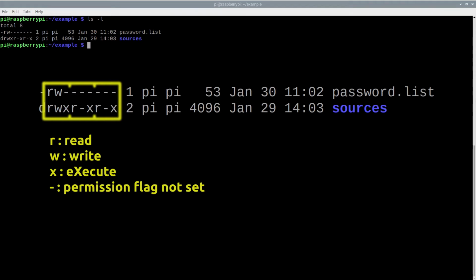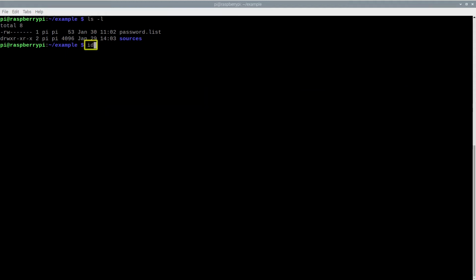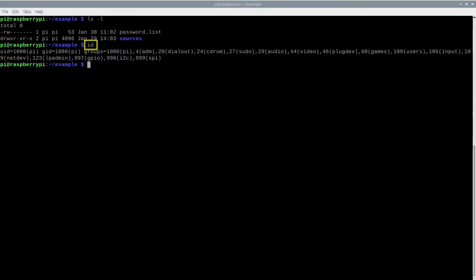The owner of a file controls permissions on that file, and file ownership and group association is established when a file is created. The long ls output shows file ownership and user group association. Column 3 tells us who owns the file, while column 4 displays which group may have access to it. I am currently logged in as user pi, and this user belongs to a group pi. You can always check your group association using id command.